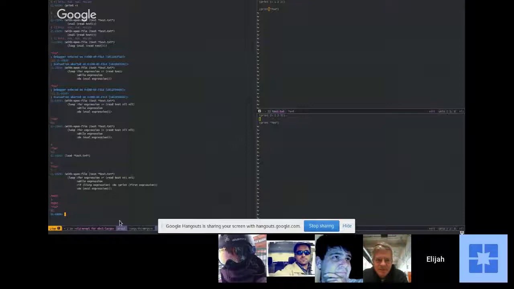But this lets you very cleanly take that and go to a data structure that you can then manipulate with your code. And that's all a macro really is: it's a function that manipulates your code as if it were data. And there is one other thing that I wanted to do with that, which is how